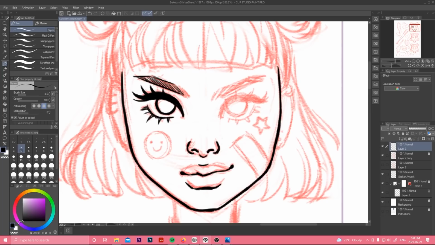So the G pen I find is less flexible, whereas the real G pen definitely is much more sensitive to the tablet. So you get those really sharp wispy lines when you use less pressure on your tablet. So yeah, it's definitely a tricky thing to get used to, and I'm sure I would probably have an easier time if I was better practiced. But again, I'm not primarily a digital artist, so it was a little bit of a learning curve